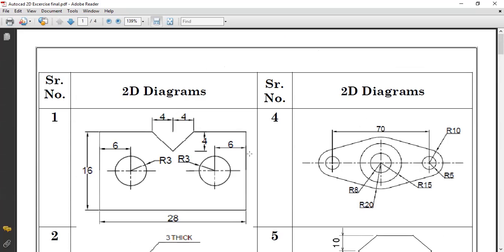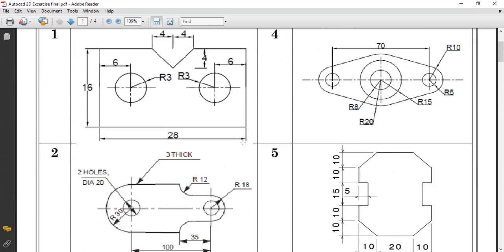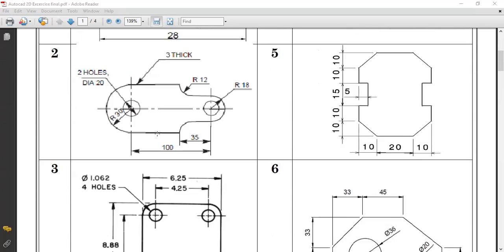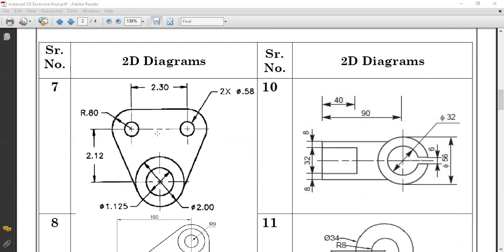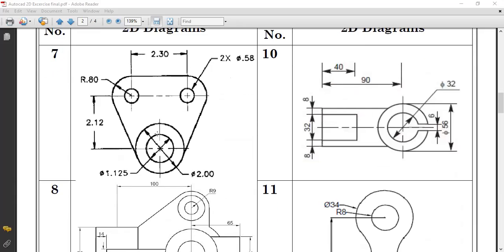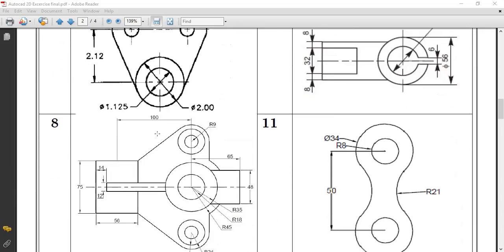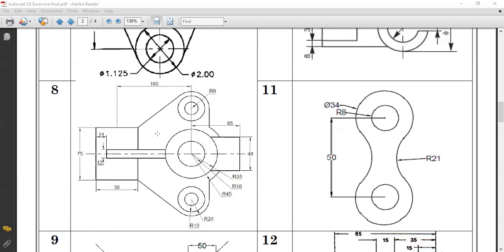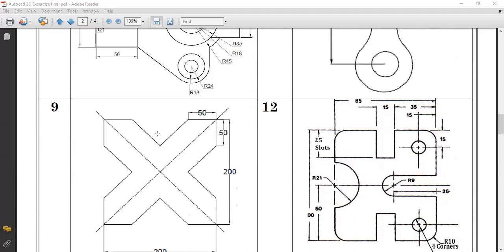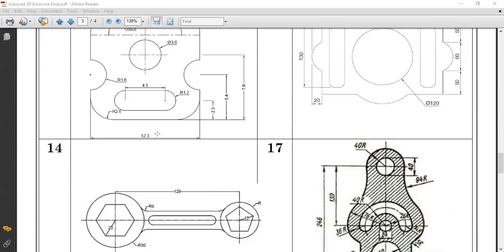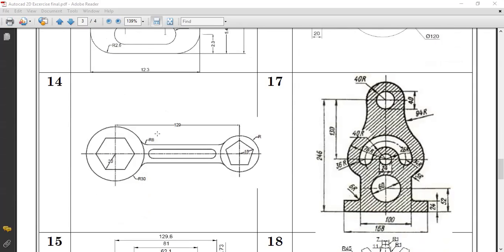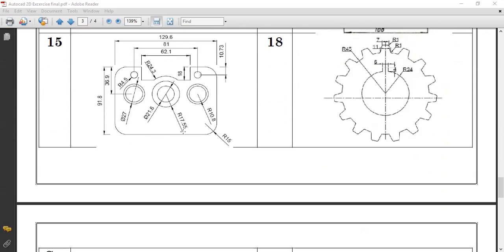So in your higher classes you will practice. As a part, we will see any one of the drawings. पहिल्यापासून drawing दाखवतो. Which drawing you want, tell me, and I will draw one of them. Any one: 2 number, 3 number, 4, 5, 6. Tell me which one you find interesting. Something like this will take a little time. All the drawings are there, but it is time consuming. Such a lot of drawings you can draw in your 2D.